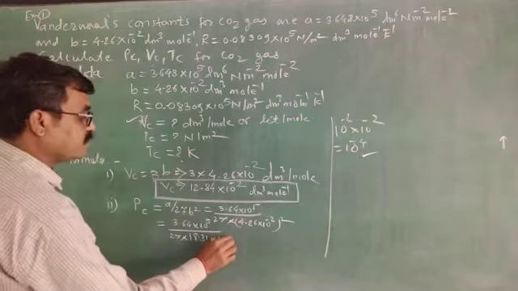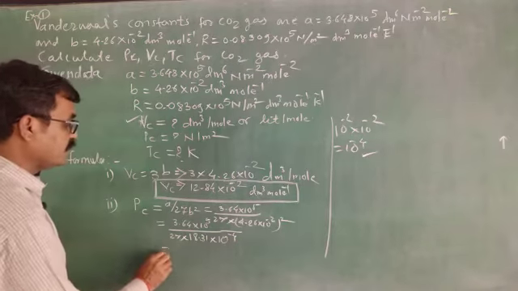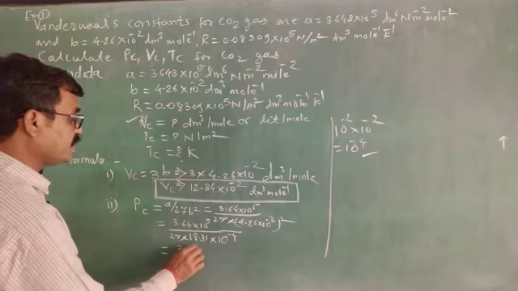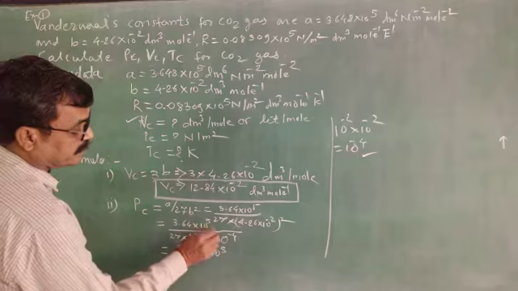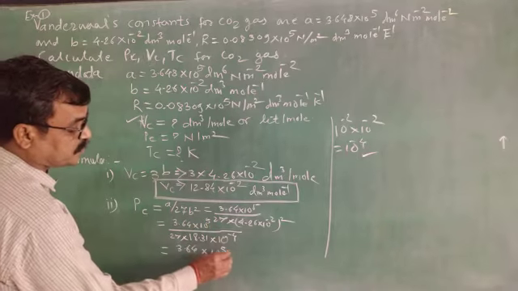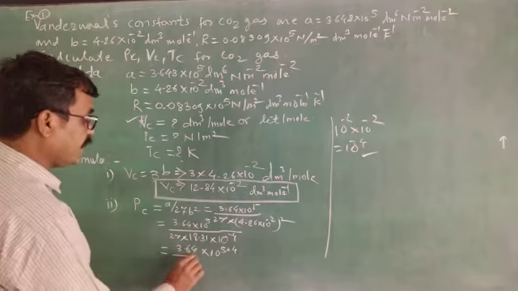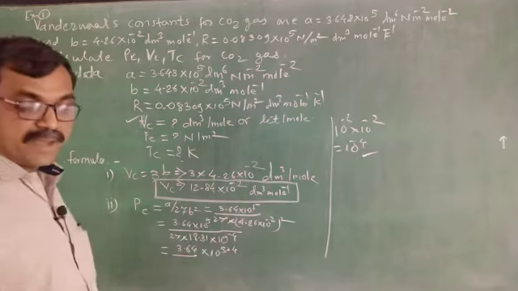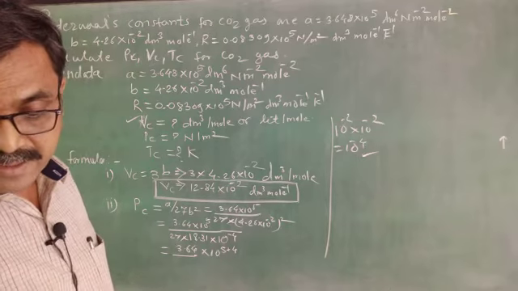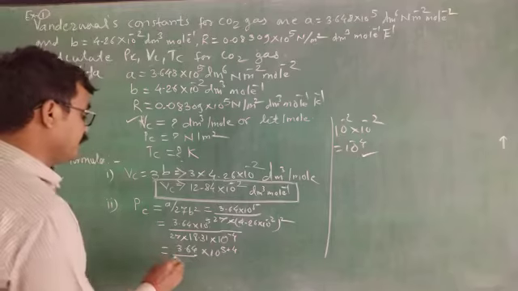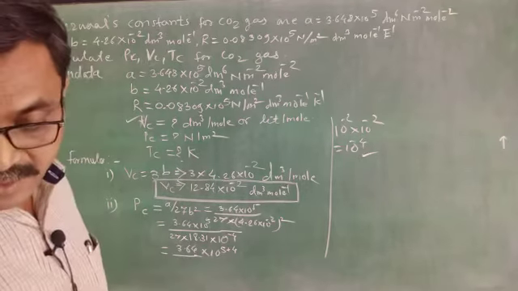Then 3.64 into 10 raised to power 5 at the numerator, but denominator 10 raised to power minus 4. When it comes to the numerator, it will be plus 4. And 27 multiplied by 18.31, then this value will be